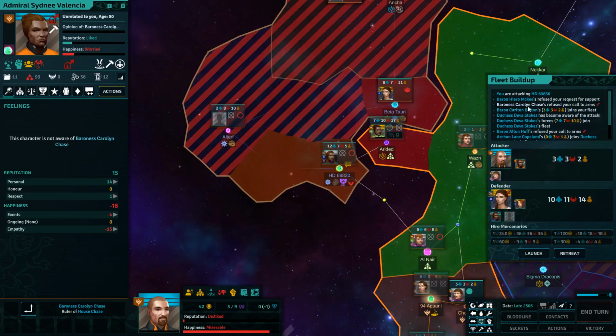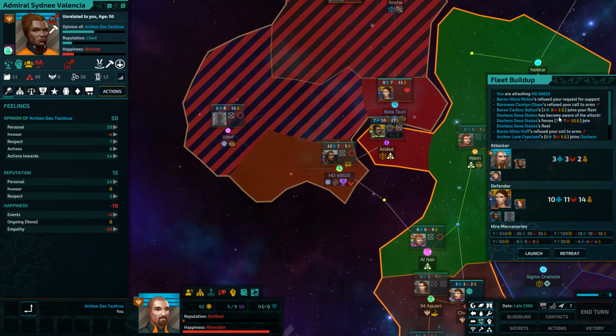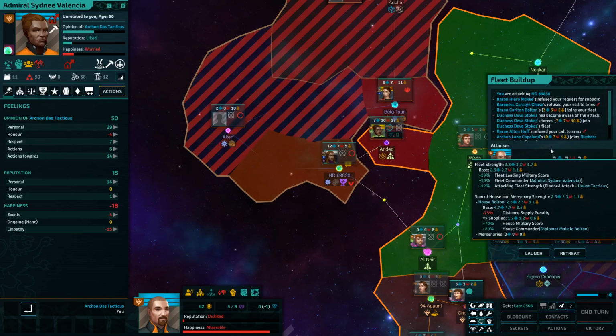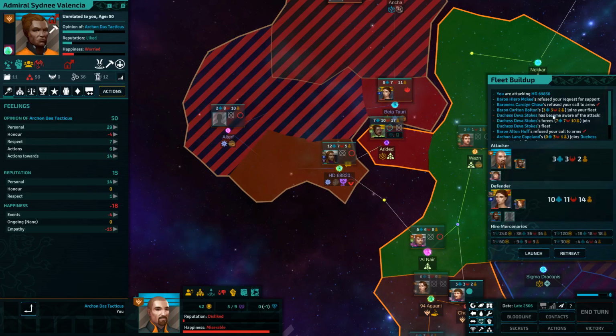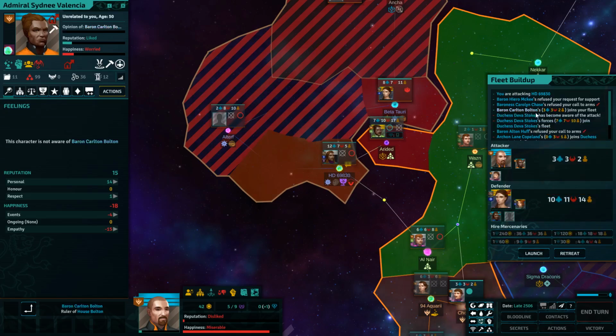So we're attacking HD 69830. So first of all, Baron Hero McKee refused your request for support. Baron Carolyn Chase refused your call to arms, and that caused some issues there with her reputation. Baron Carlton's Bolton is the only one who's joined the fleet, so his ships are the only ones we have to fight with. Duchess Diva Stokes has become aware of the attack, so she learnt about the attack, and so she then added in